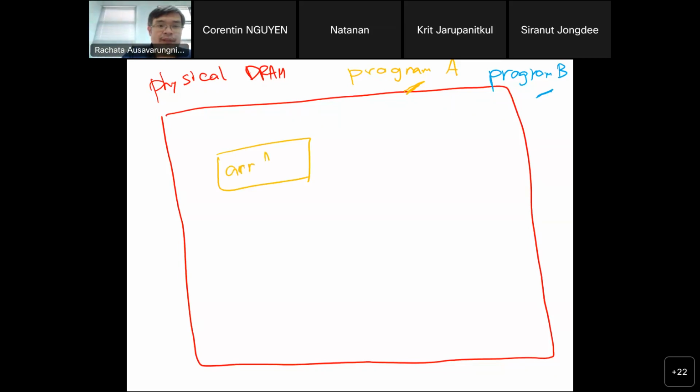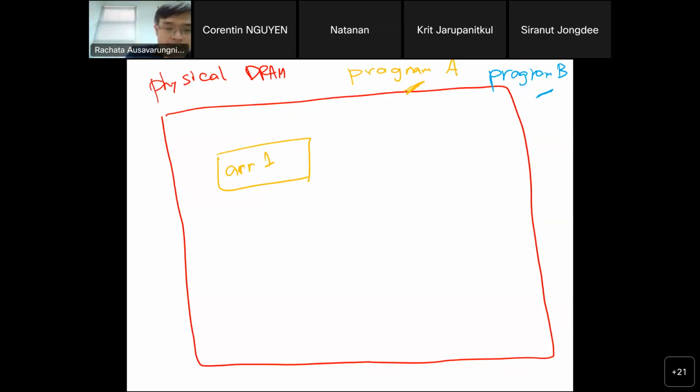And let's say the size is like 50. What would happen is the program basically asks the OS, hey, do you have the room for 50 elements of my integer? I'll fit them in my physical DRAM.